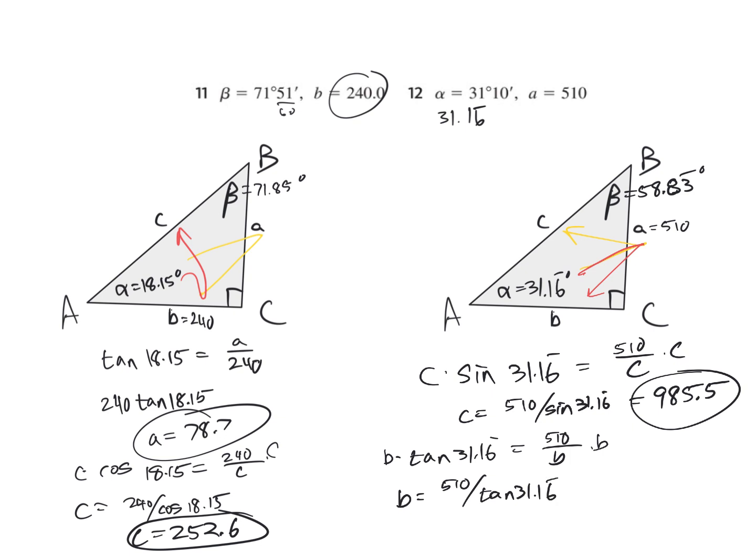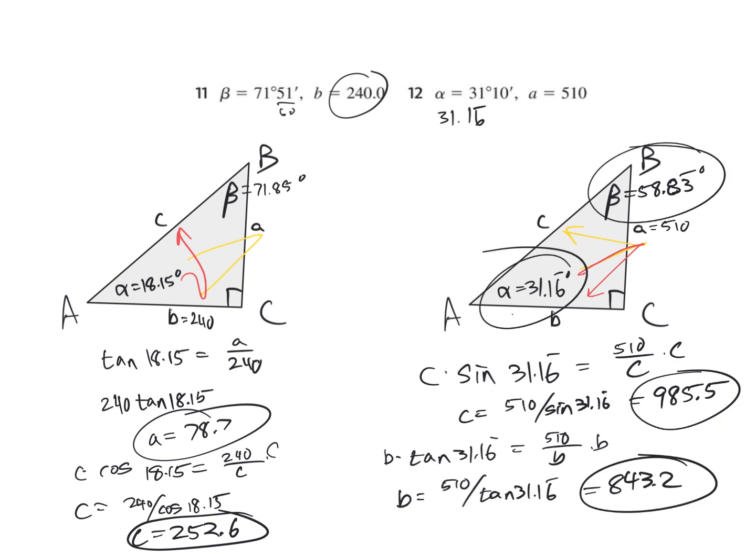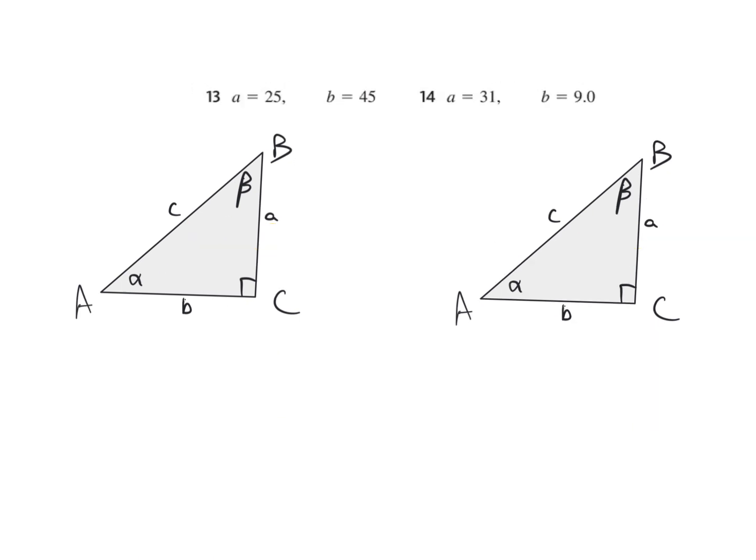So 510 divided by tangent 31.16 repeating. So B is 843.2. So there's all our values that we were supposed to be getting. Moving on. 13. A is 25. B is 45. You could use the Pythagorean theorem to get C, but let's go ahead and figure out what